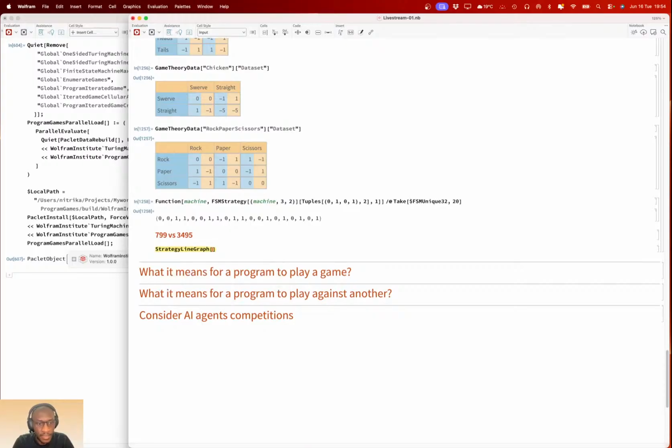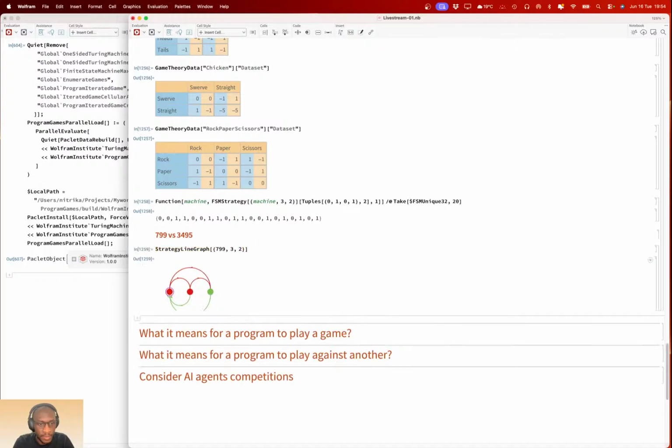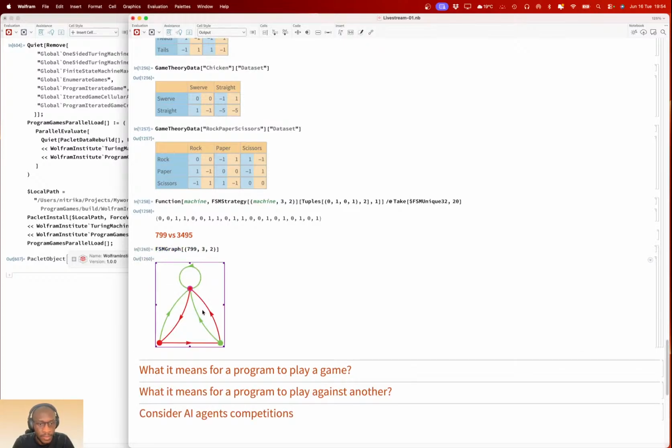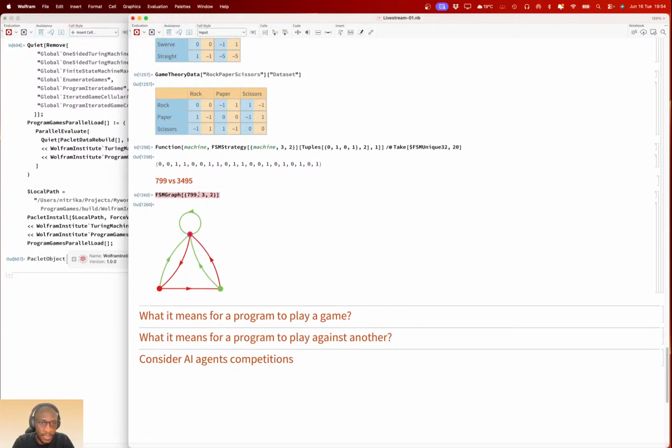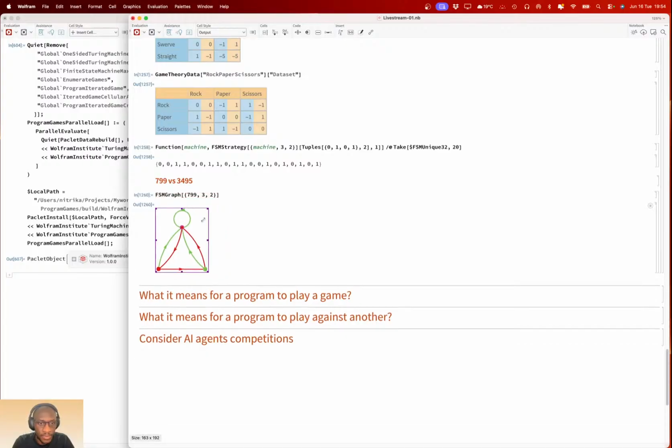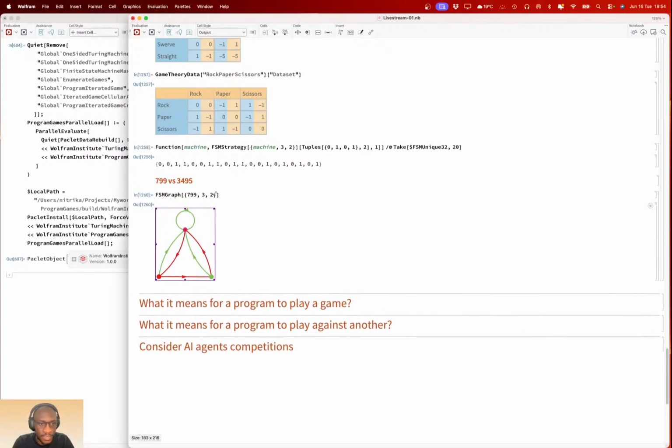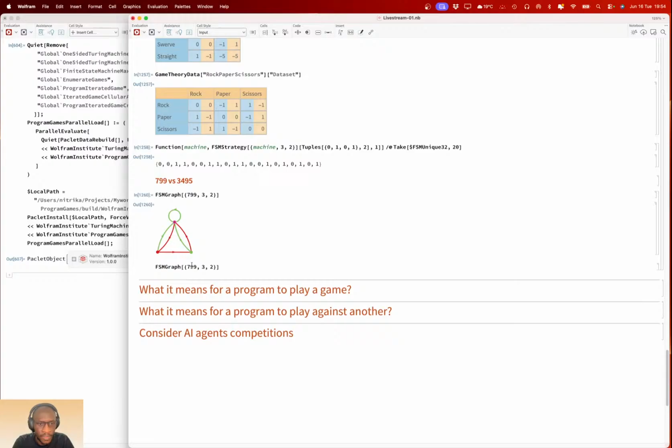Let's say 799. Let me use the other one. This is how these two machines look, right? Okay, 495.